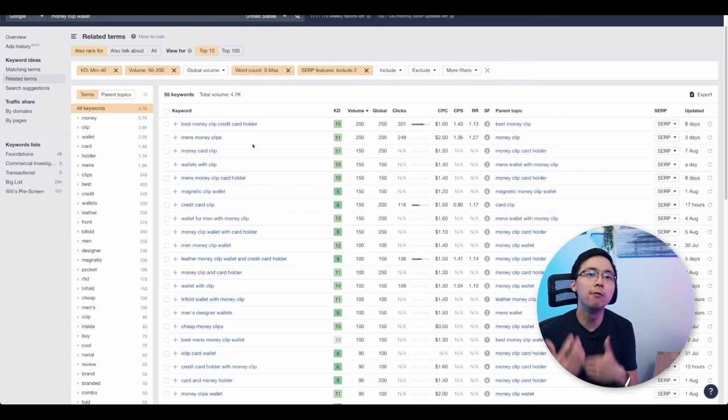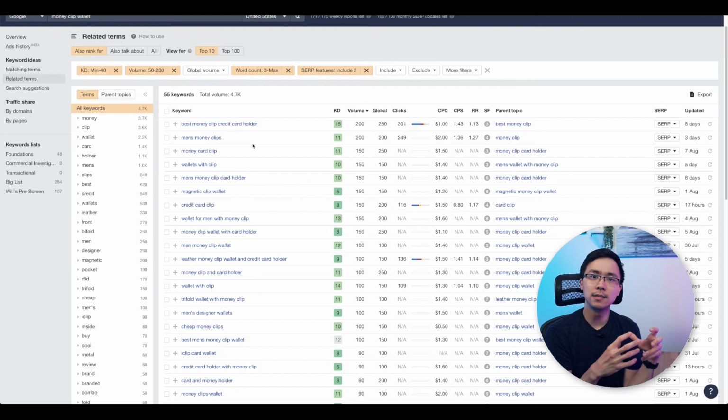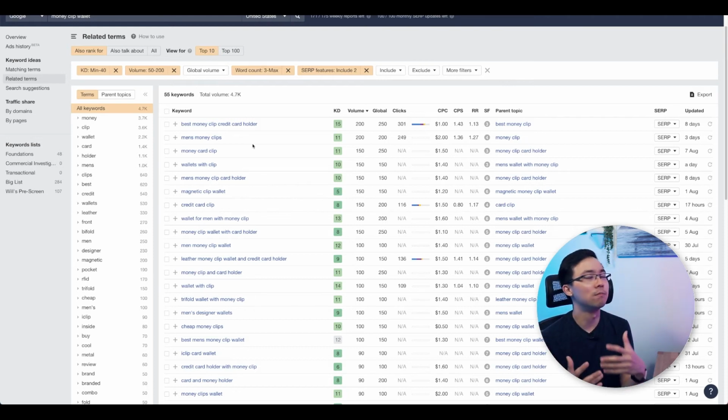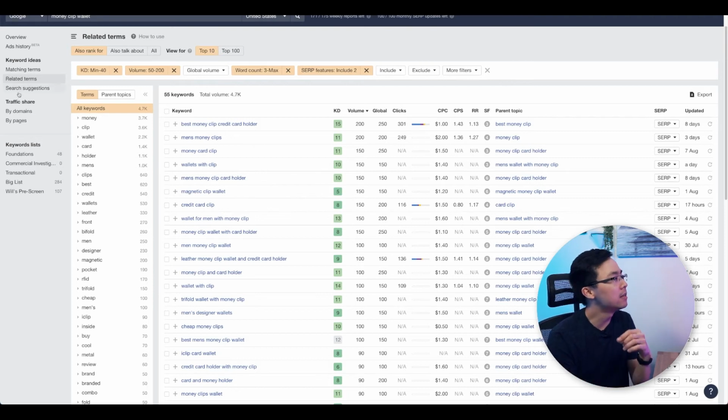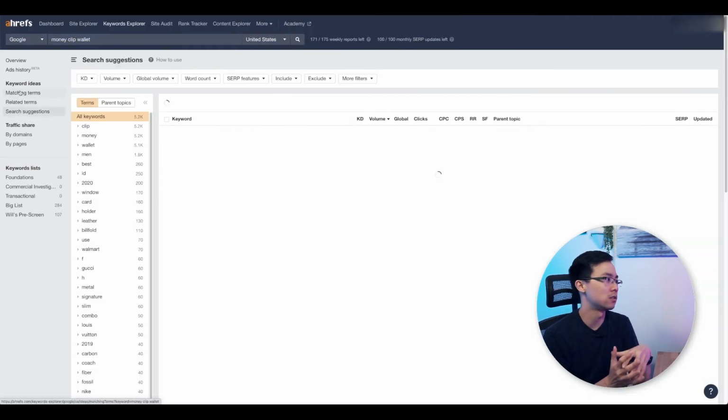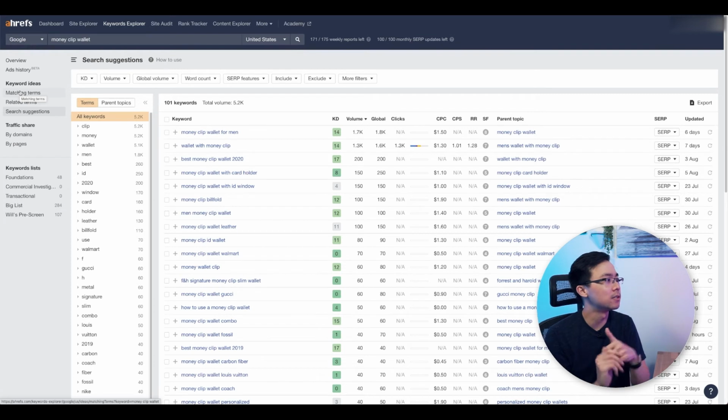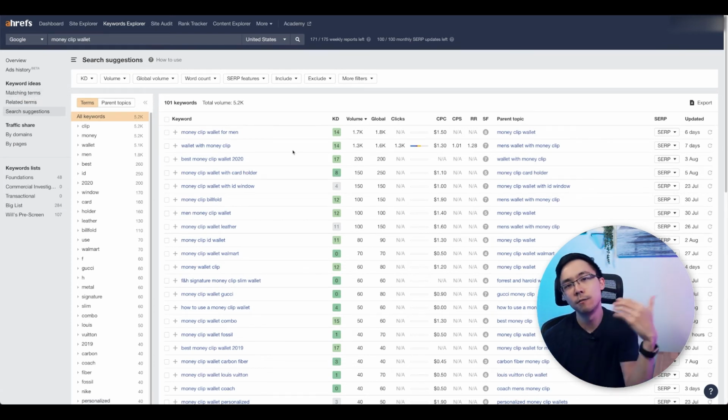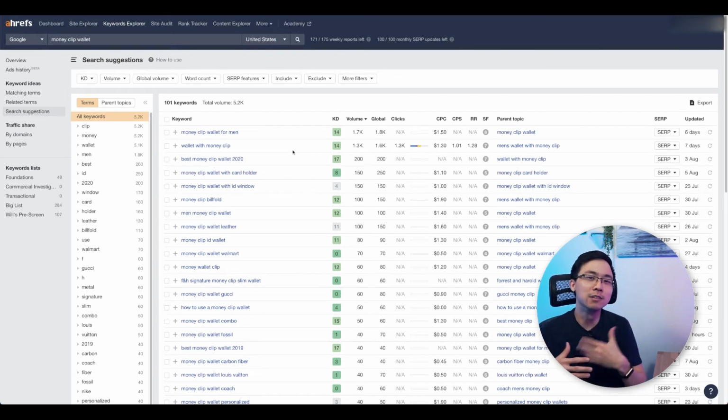And this is what I want you to always follow when it comes to your process of using the Keywords Explorer tool. Start with a seed phrase, which is just the overall term that you want to look at, dig into the actual matching terms as well as the related terms, and then you can even look for things like the search suggestions. So the search suggestions is just going to give you some other auxiliary words, and then what you're going to see is other phrases that you might add to your content calendar that you didn't think about before.